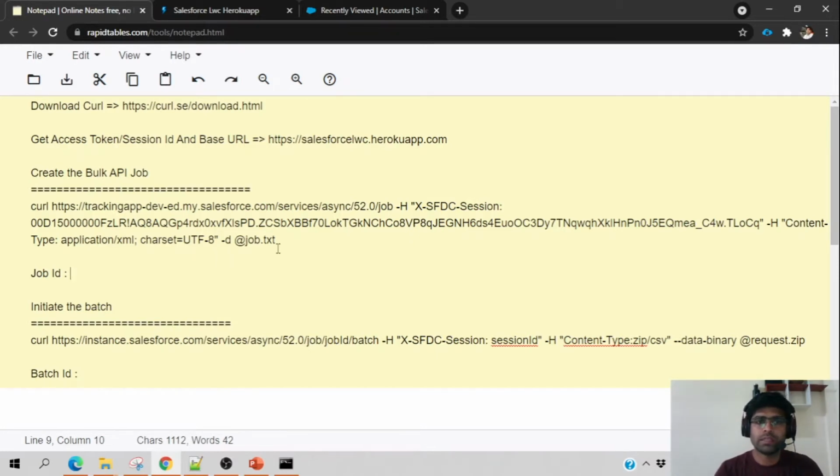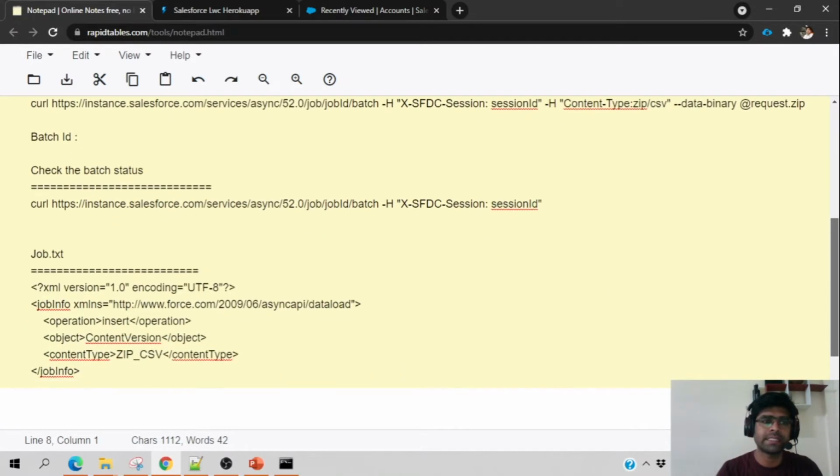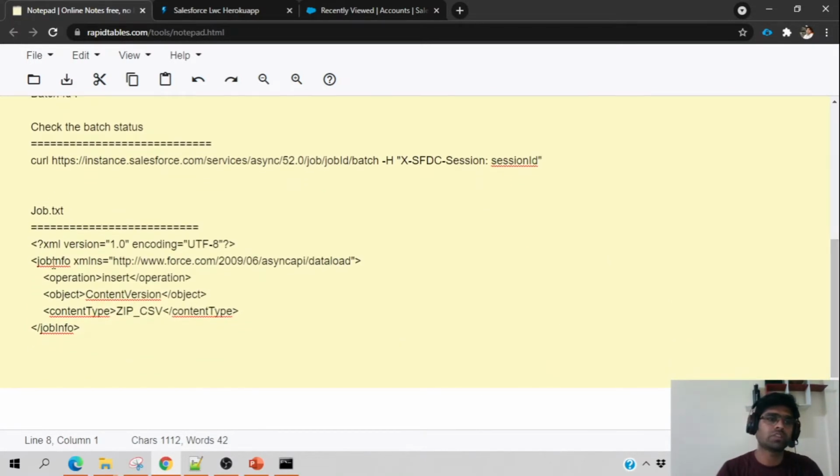That's all. The next thing is, as we are going to create the job to which we can load the Salesforce files, we have to prepare this job.txt file. To prepare it, simply create a txt file with this much content.